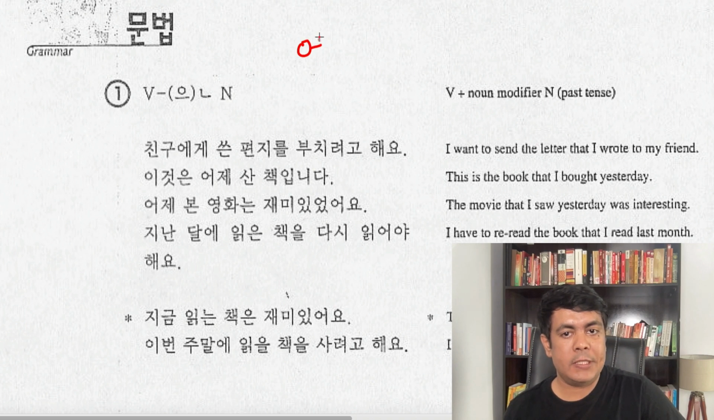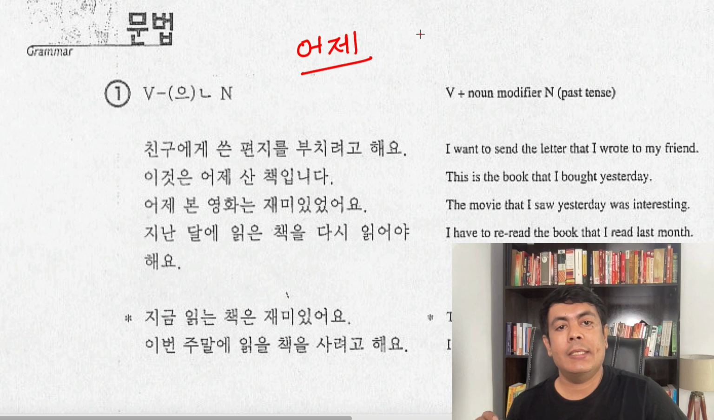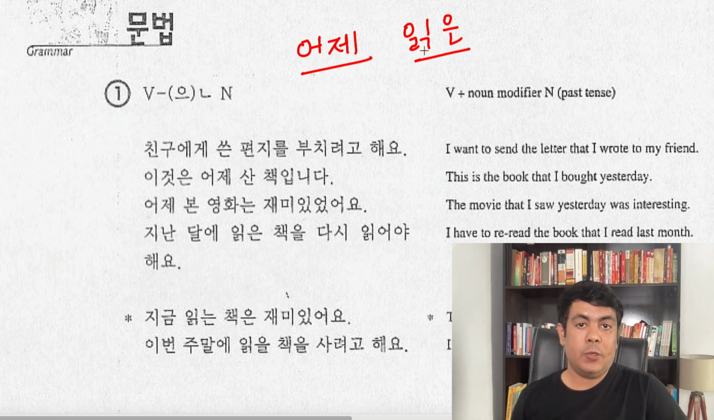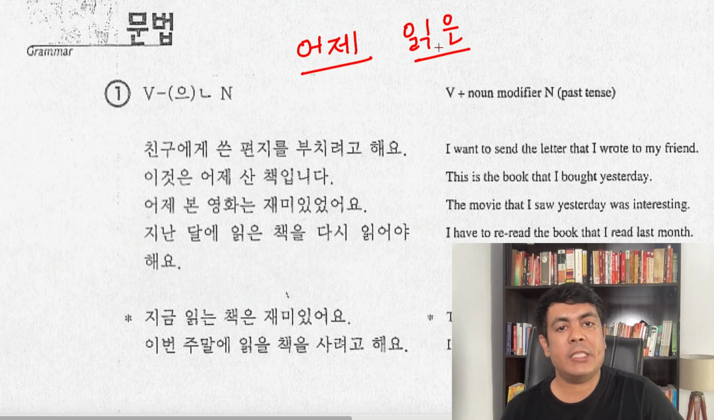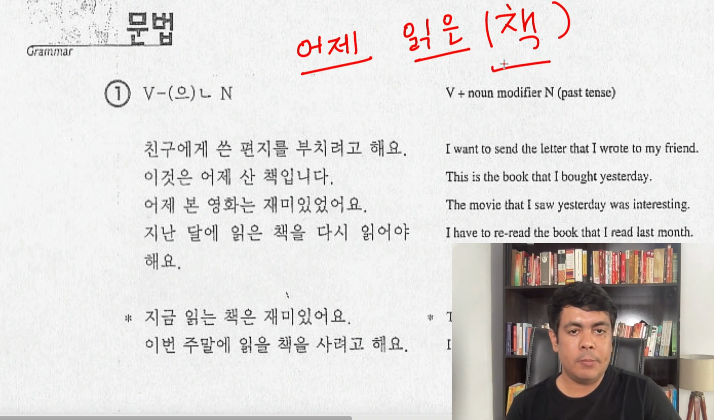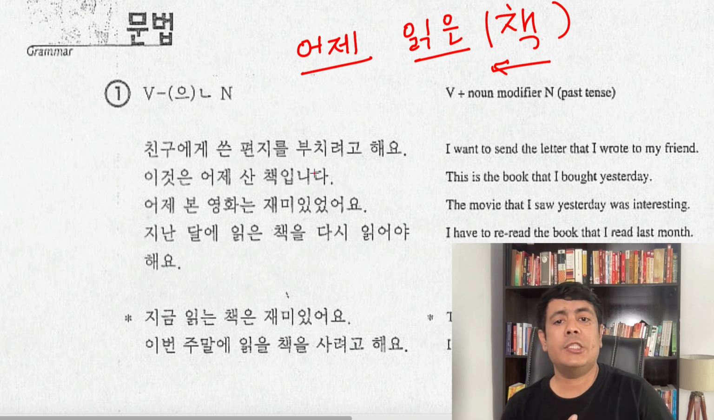So what you will do is you will write 어제, yesterday, and the verb here is 읽다. So we will add 은 here, 읽은, because there is a 받침. If there is no 받침, then we will just add ㄴ here. So 읽은, and then you will put the noun here, 책. So 어제 읽은 책 will mean, you will read it backward, the book that I read yesterday, or a 친구